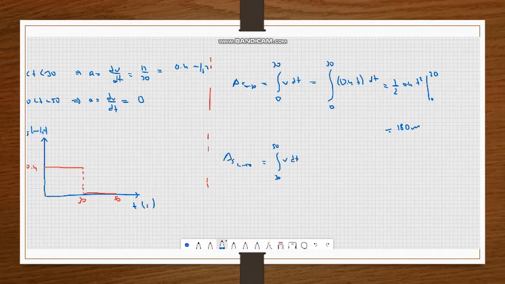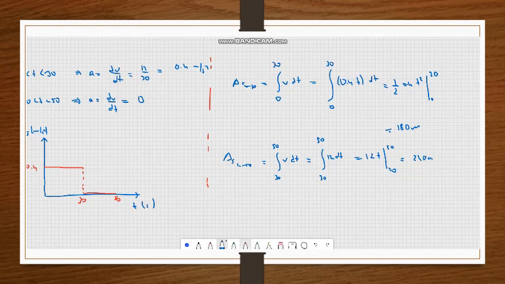We know that the velocity is constant here, which is 12, so it does not depend on the acceleration, so we just need to write 12 dt, which is 12t between 30 and 50, which gives us 50 minus 30, which is 20, multiplied by 12, which is 240 meters